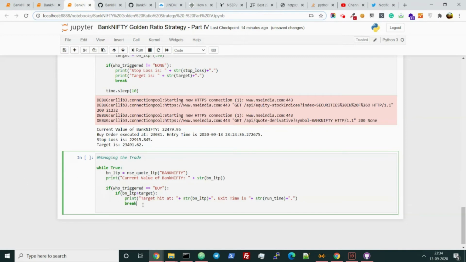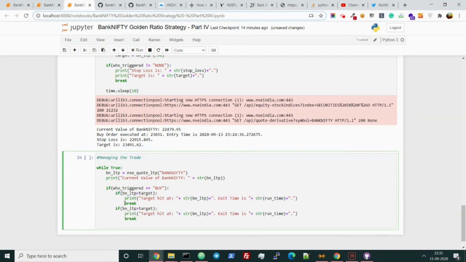Okay. You can also restart the program. So if a buy order is triggered, then it will be looking for the sell order if it is triggered. Okay. So that is another part. We shall be talking about that later on. But right now, let's complete. So this is very easy.